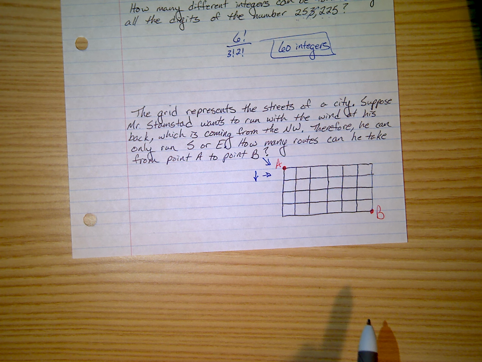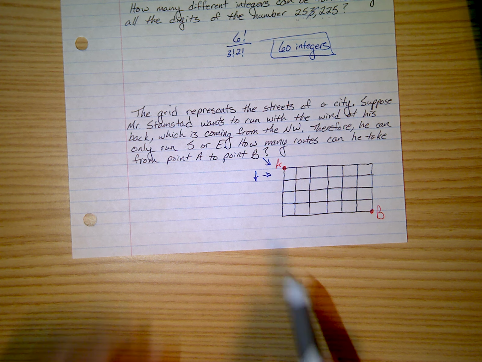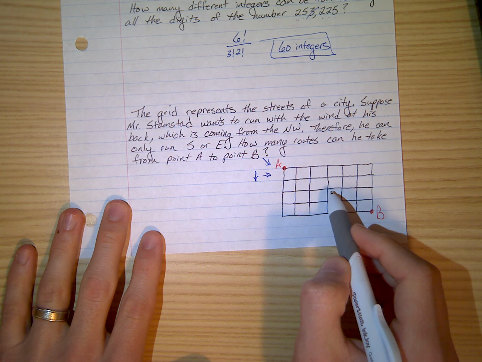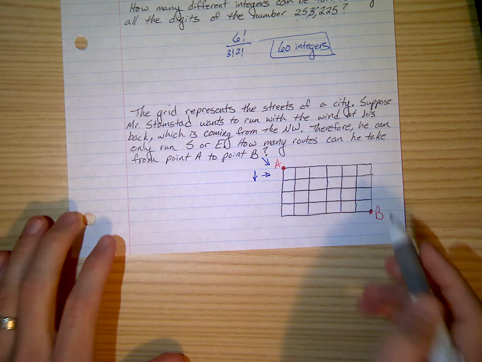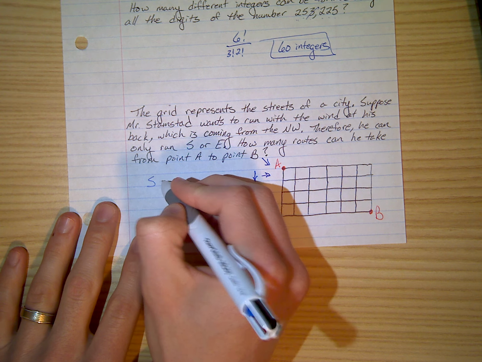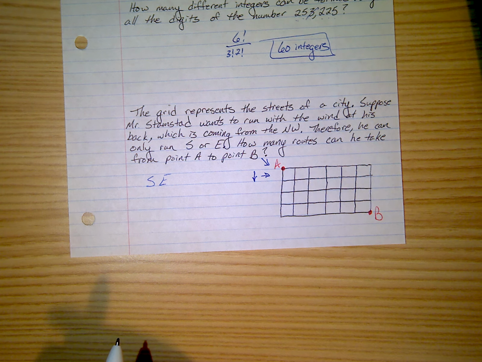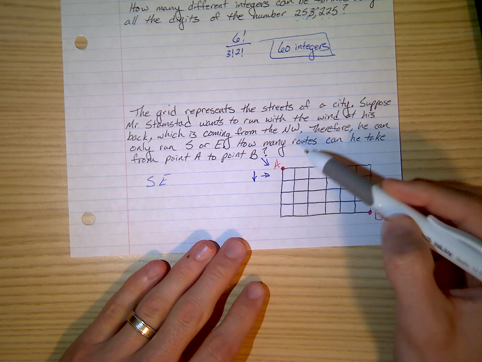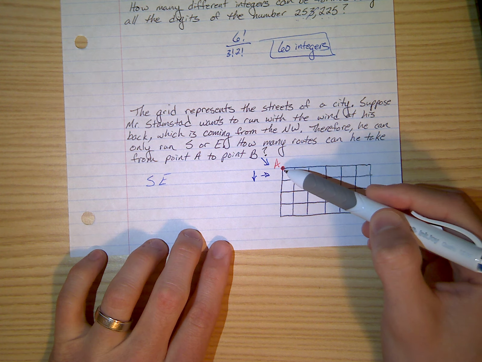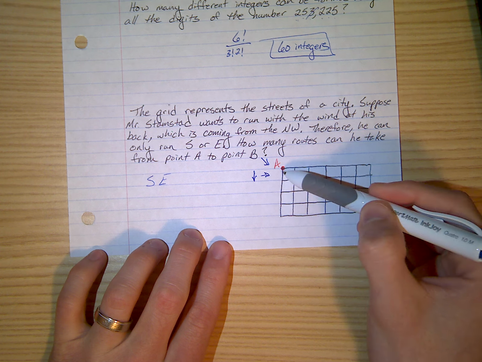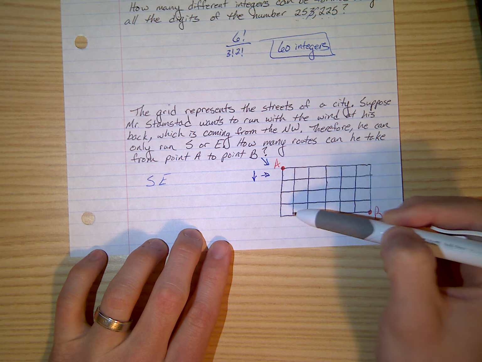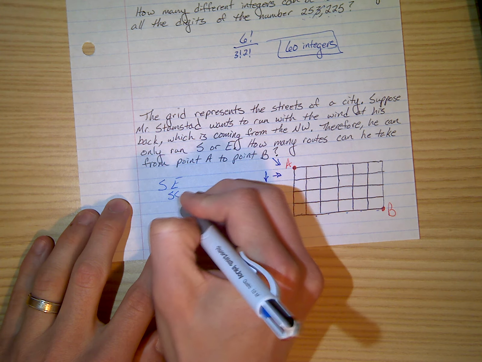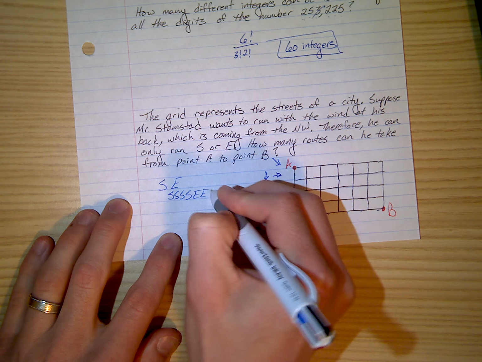Okay. The reason why this is in this section is if you consider each block a letter, then you form words here. So you form a bunch of words using just the letters S and E. Okay, so there needs to be some combination of S's and E's that are going to let him traverse this distance, right? Now he needs to go 1, 2, 3, 4 blocks south. He needs to go 1, 2, 3, 4, 5, 6 blocks east. So there are 4 S's and 6 E's